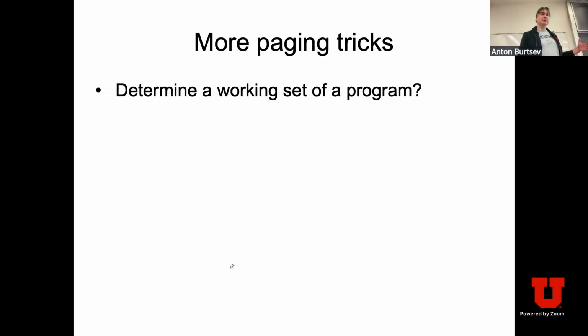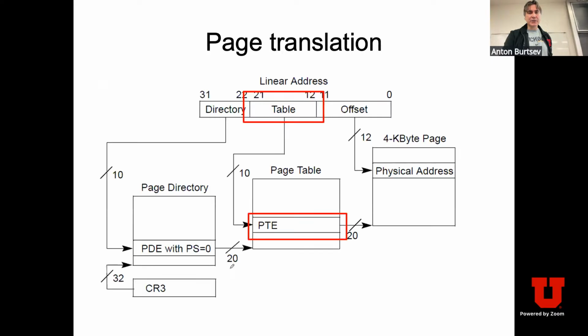For example, if you want to see the working set of a program, meaning you load a giant piece of software, maybe a web browser, or a text editor like Microsoft Word, and you ask how much memory it is actually using. There are mechanisms which CPUs provide right now, but the original one was this one. Essentially, in this second level of translation, the page table entry,